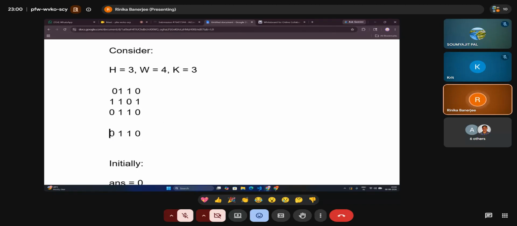Now we'll calculate the prefix sum. For this one, prefix sum is 0. Here prefix sum is 1. Here prefix sum is 2. Here prefix sum is